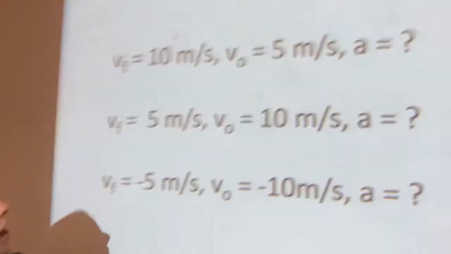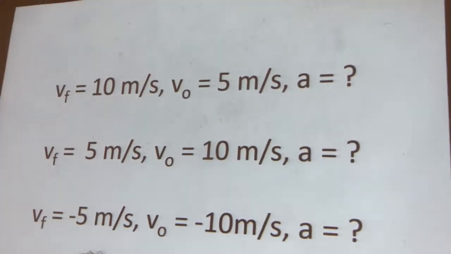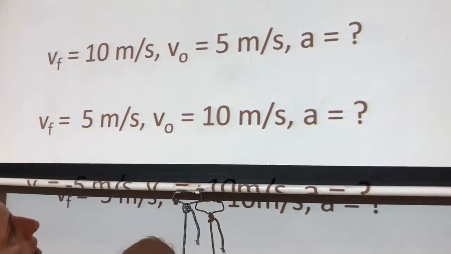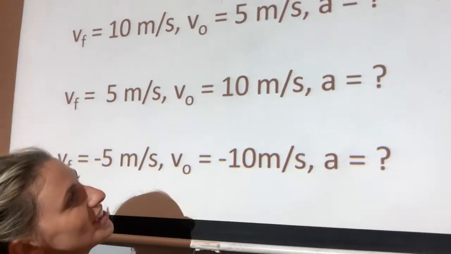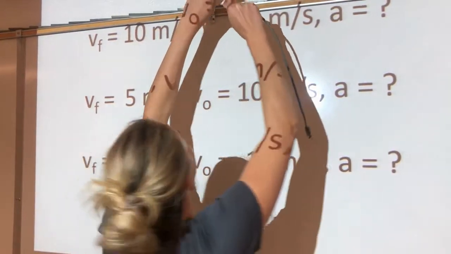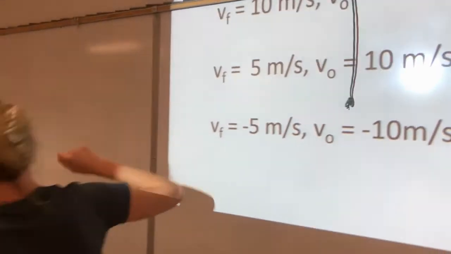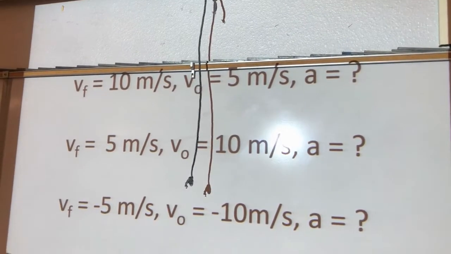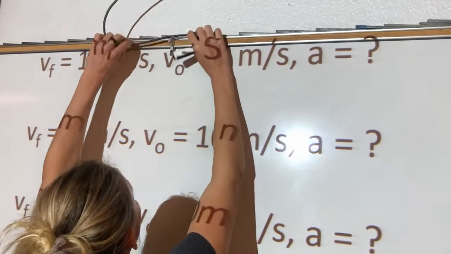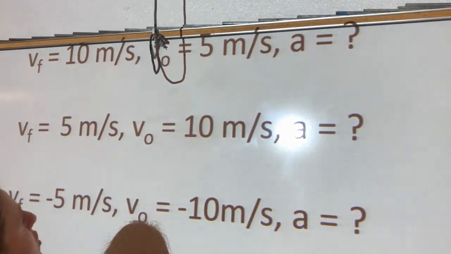Can you give us some examples? Absolutely, let's do it. Let's take a look at this. If my velocity final is 10 meters per second, and my initial velocity is 5 meters per second, is this going to be